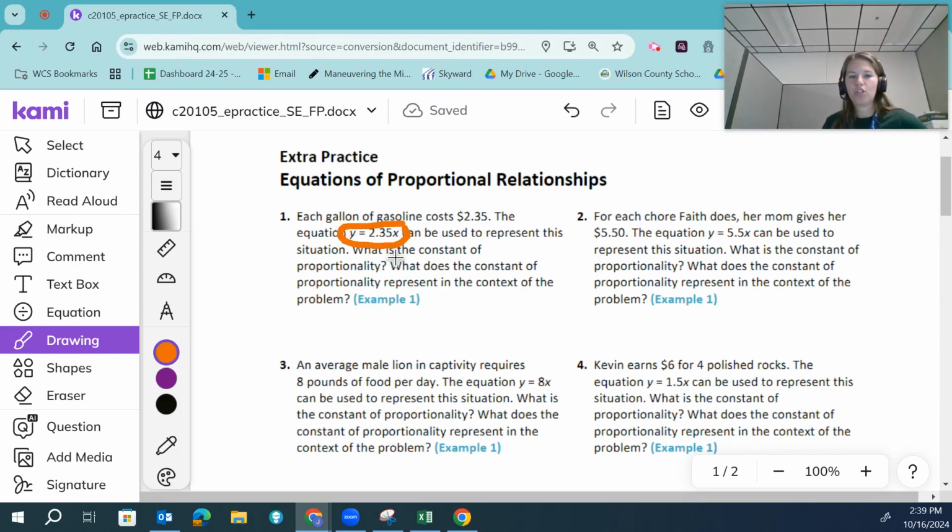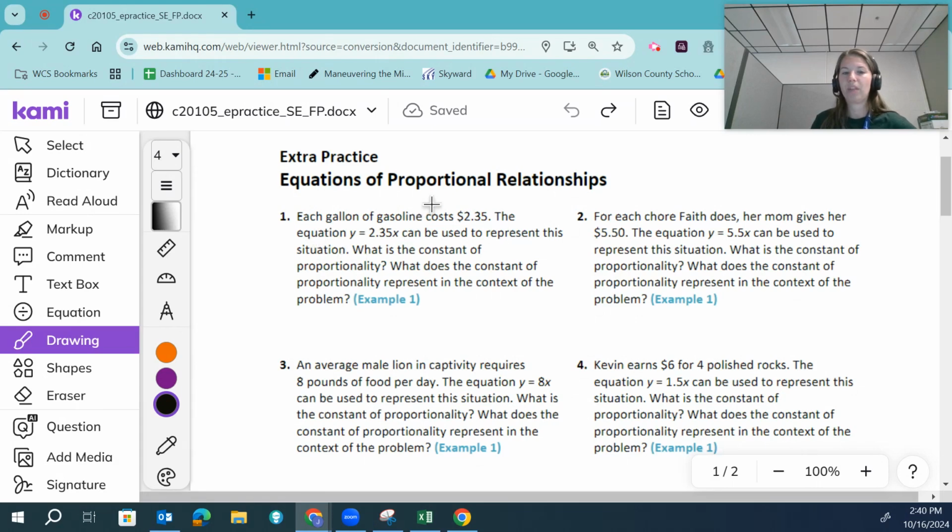y equals 2.35x. Okay, now in our proportional relationship, we talked about having a constant of proportionality. That is the rate at which the line constantly increases or decreases. So if this says each gallon of gas costs $2.35, the equation y equals 2.35x can be used to